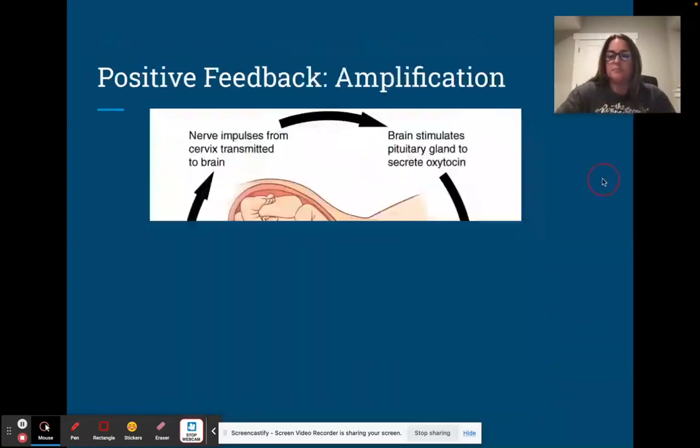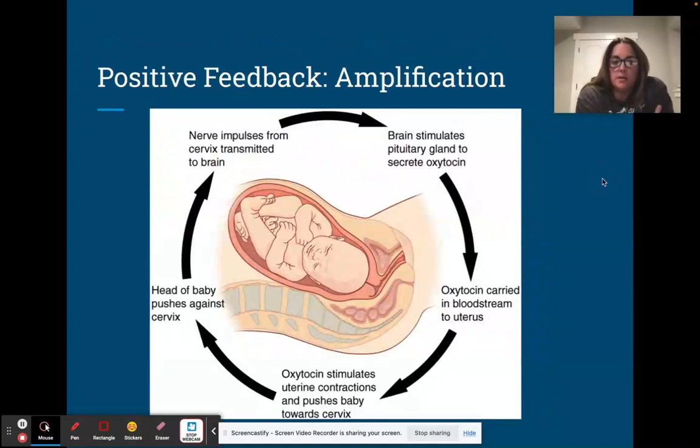Okay, in positive feedback, or what we want to think of as amplification, this is an example of how babies are born and the positive feedback cycle that's needed to get a baby out of the uterus. So what happens is when a baby starts to grow big enough that it's putting pressure on the cervix, inside the tissues of the cervix are some stretch receptors. And when those stretch receptors get stretched, they send a nerve